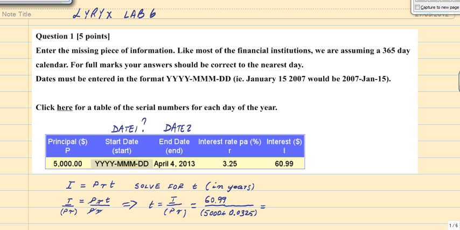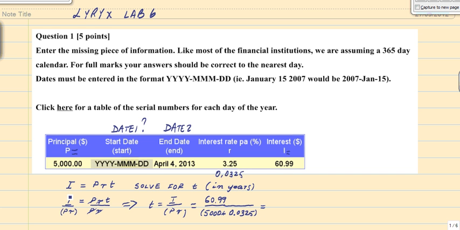BMAC, Lyryx Lab 6, question 1. We're being asked to find the start date, which is date 1. Date 2 is given, April 4th, 2013. R is equal to 3.25%, or 0.0325. Principal is equal to $5,000